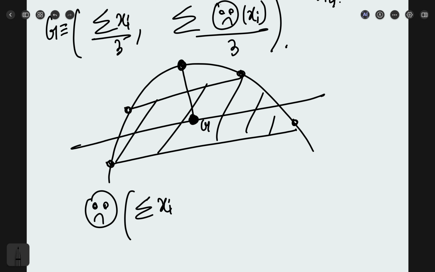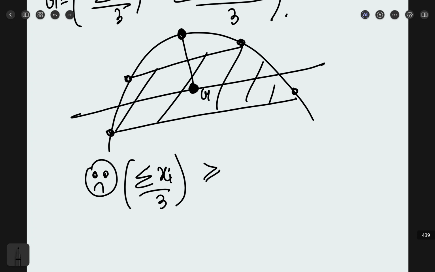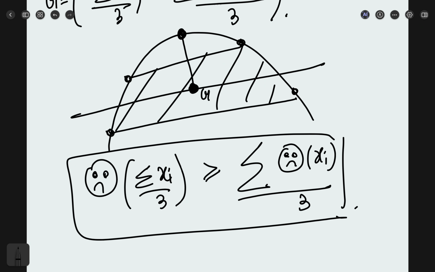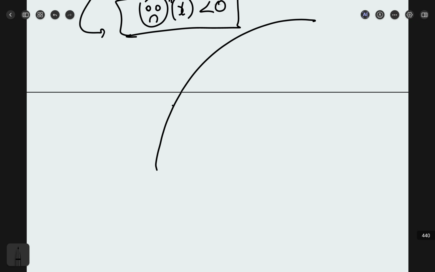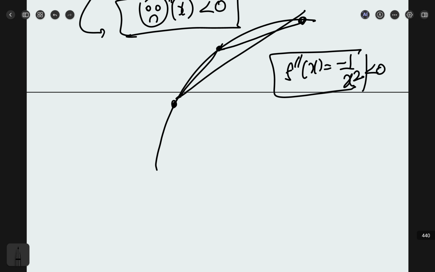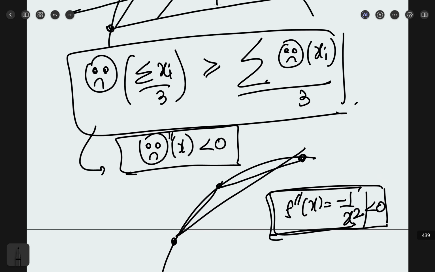sad of sigma xi by 3 is greater than or equal to, because yeah, it can be equal as well if the points are pretty close to it, and this is always greater than or equal to sigma of sad of xi by 3, and this is for sad of x with double dash x less than 0. This is true for this. Now you can just use ln x. You will have f double dash x to be minus 1 by x square, and this is less than 0. So yeah, you can apply this,